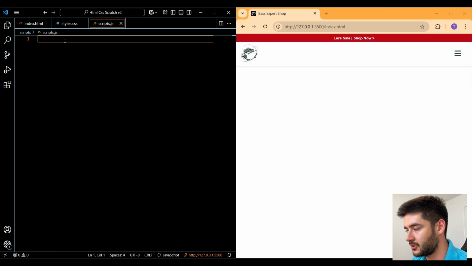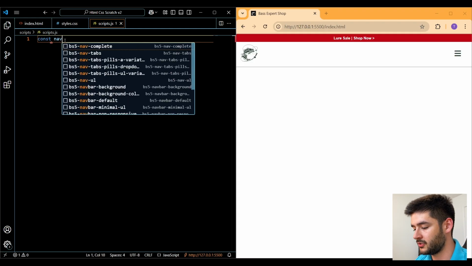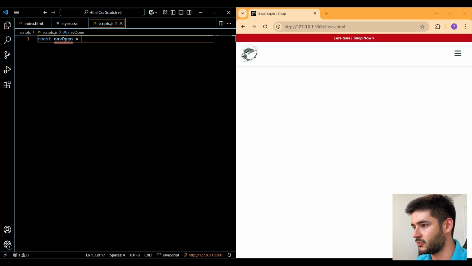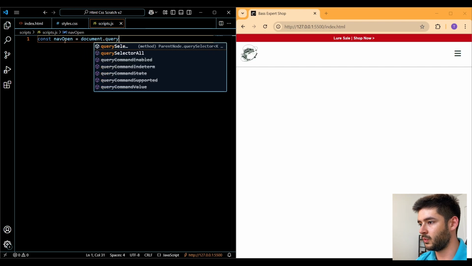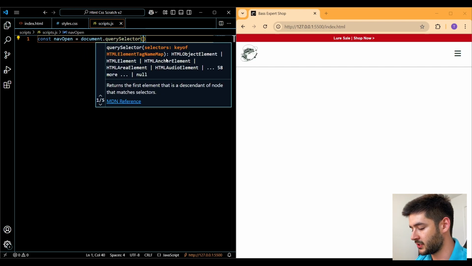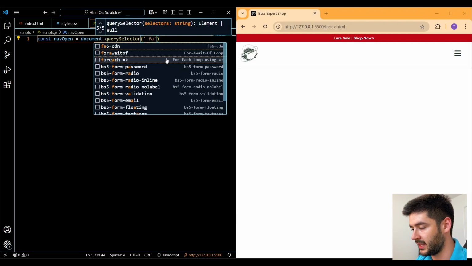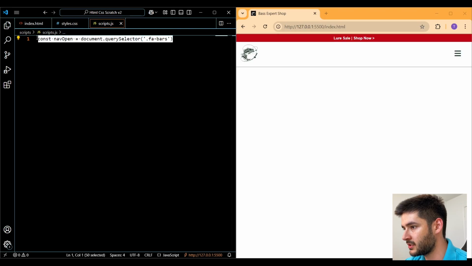So here in our scripts.js file, we need to use the const keyword to create a variable. And we're going to call this variable nav open. You guys can name this whatever you want. And what we're going to do is use document.querySelector. We want to select a class. So what we're going to do is select our FA-bars. So what this is doing is it's selecting our element with this particular class, which is going to be